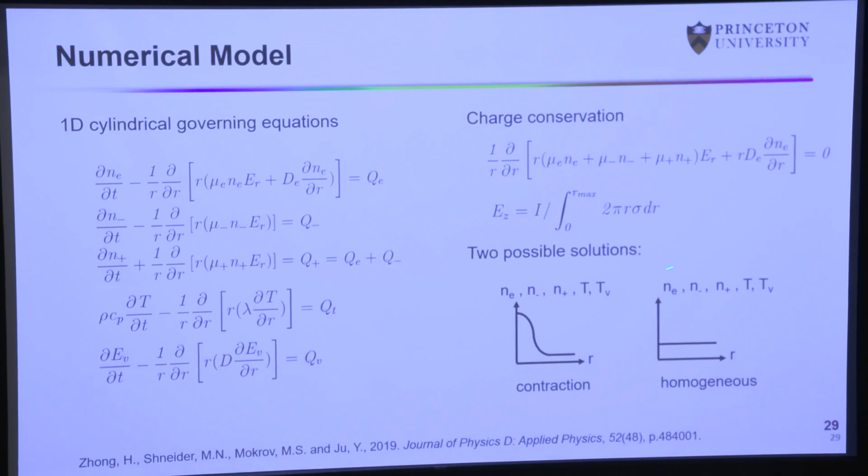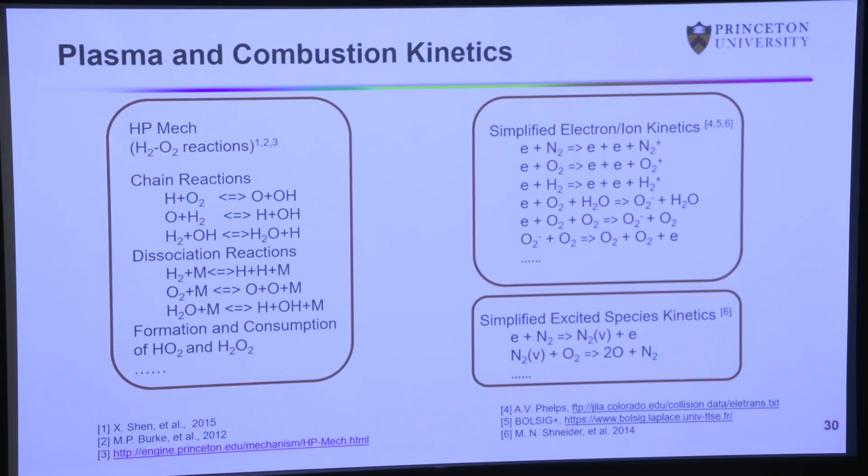So there are two possible solutions in this. One is that you start to see a non-uniform contraction: something is very high in the center, and the surrounding is a very, very low field. Another is that you have a very uniform, homogeneous electric field, showing that the plasma is stable. So stable or contracted. And then you can plug in all this combustion chemistry everybody knows, and this hydrogen chemistry,